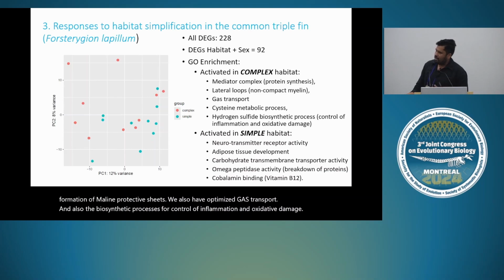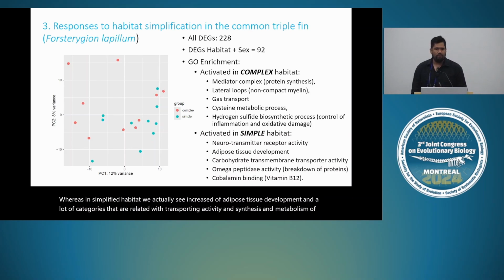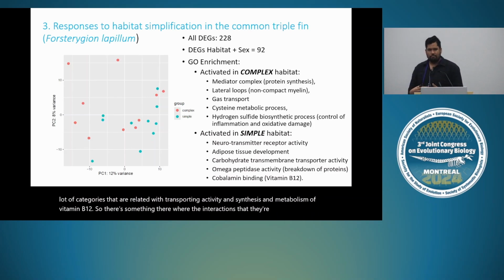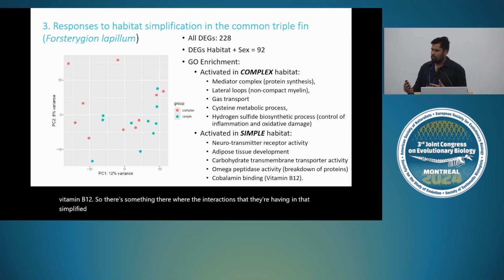Whereas in simplified habitat, we actually see increased adipose tissue development and a lot of categories that are related with transporting activity and synthesis and metabolism of vitamin B12. So there's something there where the interactions that they're having in that simplified environment is actually leading to differences in how they're transmitting